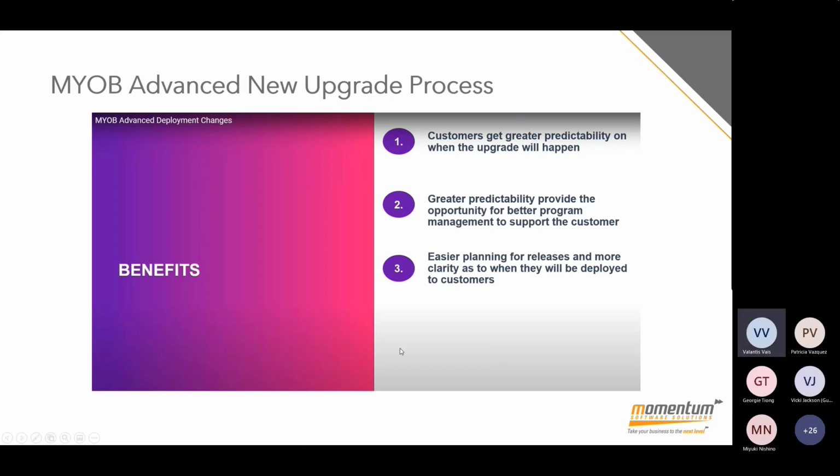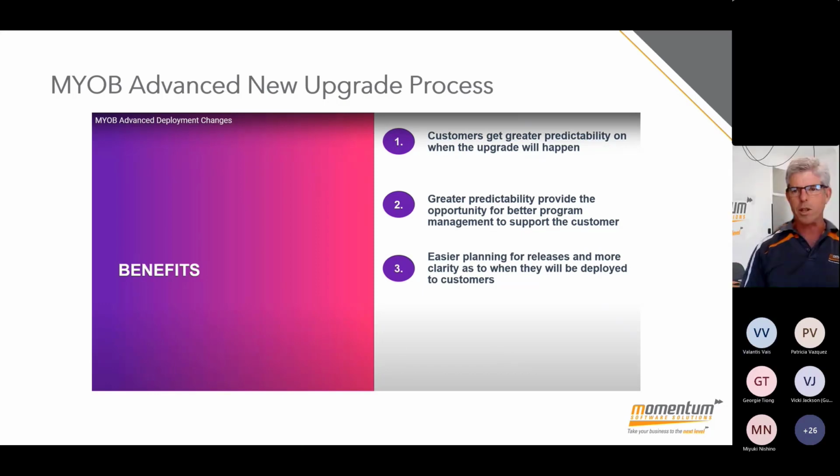So just moving on to the upgrade process, I want to touch quickly on that. We're running 2 or 3 minutes behind schedule, so we do want to stay on track. There are some changes coming up next year to make the major upgrade process a bit more predictable and a bit less disruptive. A couple of key points: in the past, the major upgrade of MYOB Advanced, which happened once a year, was actually a combination of 2 major upgrades that Acumatica developed prior to that.